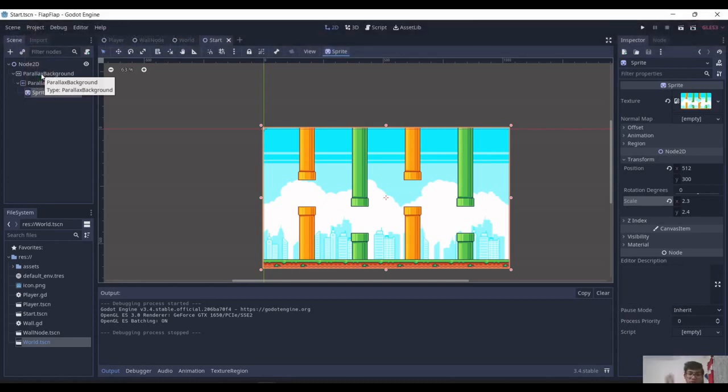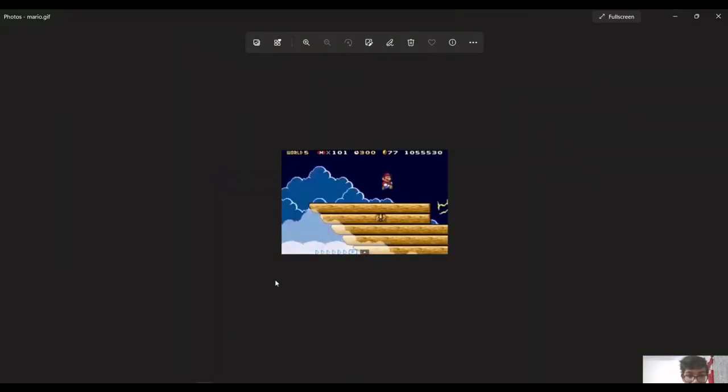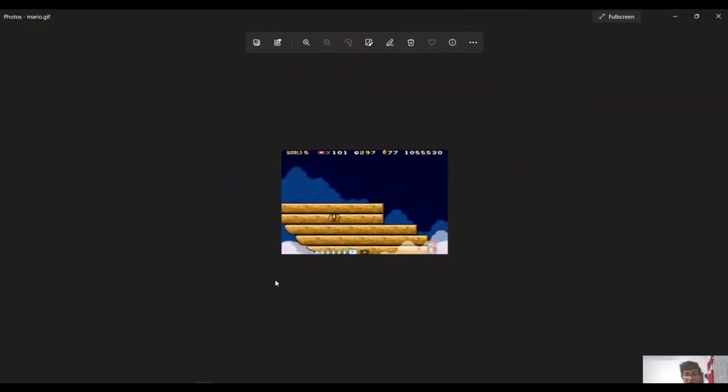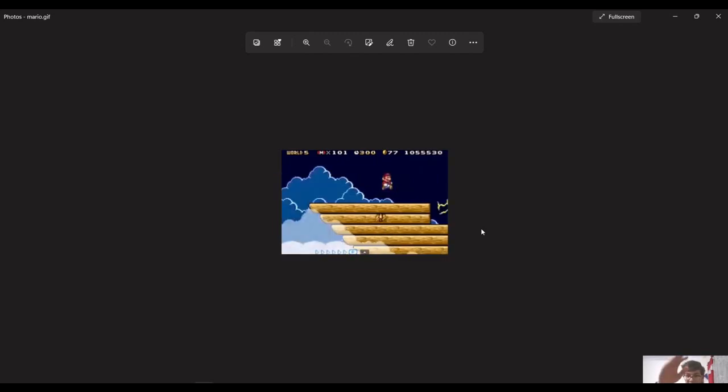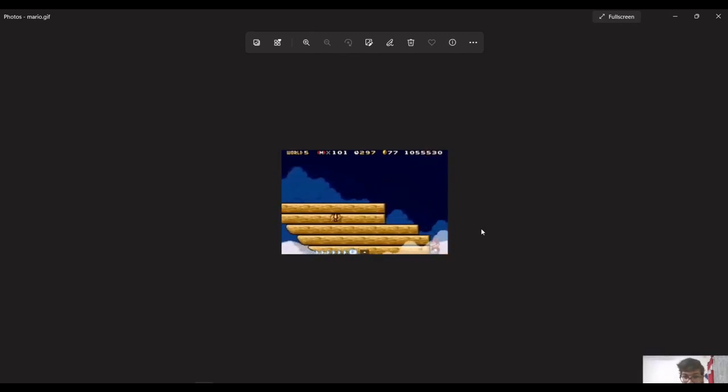And to give more context, I have a GIF from Mario 3. So in this you can see three different layers moving at different velocities. The front clouds you can see, which are in that white color. Then we have these wooden blocks, and at the background we have those dark clouds. You can see these three layers are moving at three different velocities, which give us a depth perspective